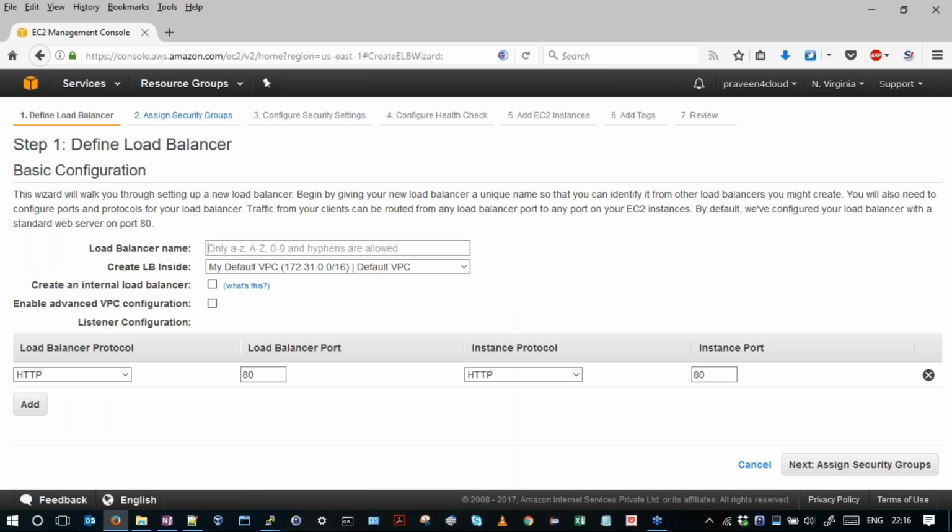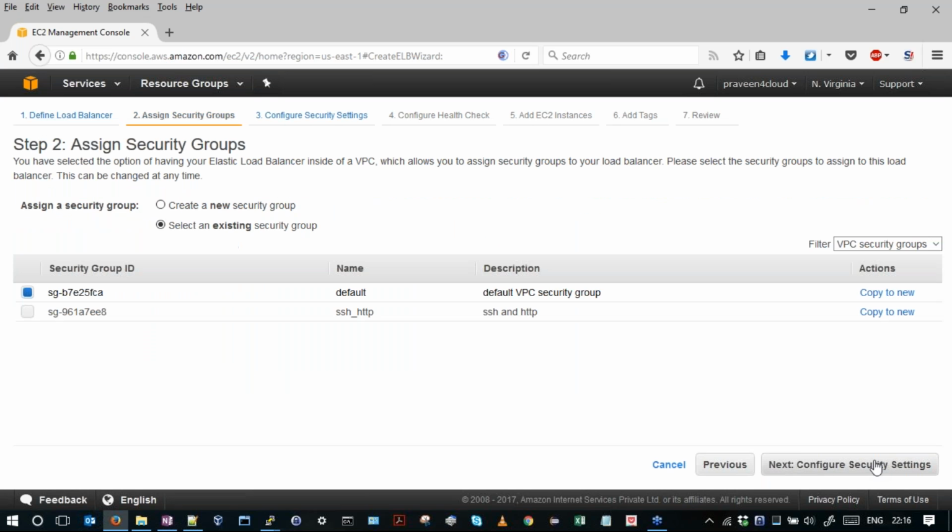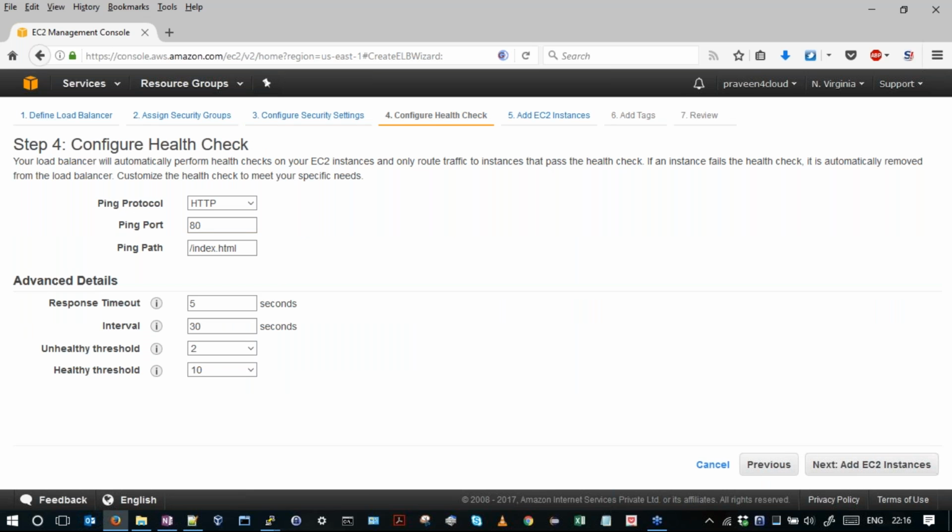For some reason the screen went back, so let me create it again. I'll say my ELB. Next, assign the security group. Here we have to select the security group which we created earlier.